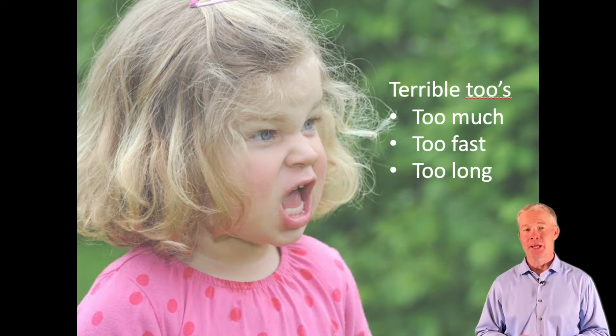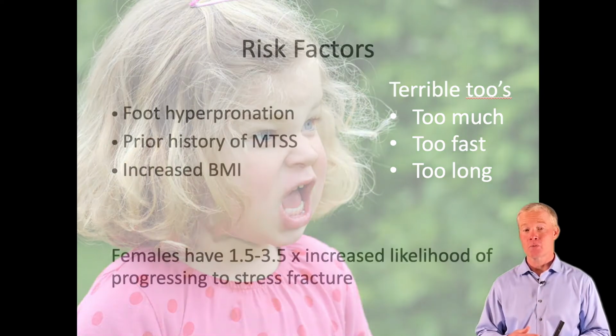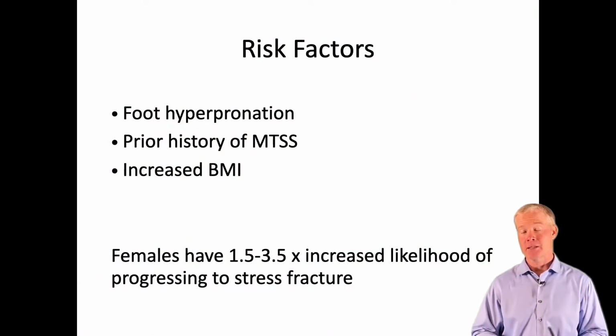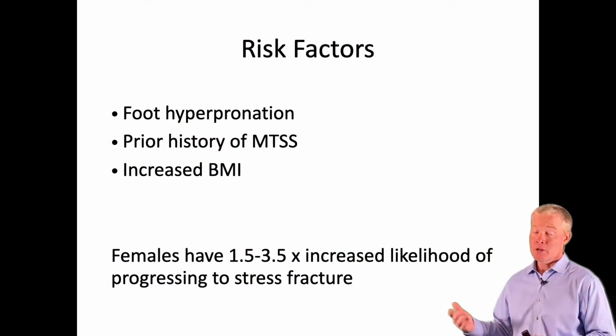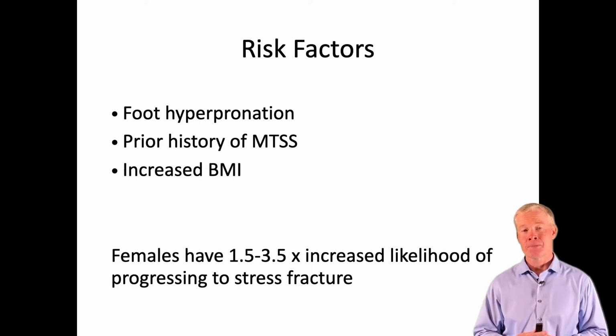There are factors that increase the risk of this. So increased risk is going to be if the patient hyperpronates, for the reasons that we've talked about and the reasons that we'll make even more clear toward the end of the presentation. If the patient has had a prior history of shin splints, we're going to see a greater likelihood that that's going to happen again in the future. And if they have too many pounds, it's no surprise that we're putting more stress on that tibia. Once again, as I've alluded to so many times throughout the presentation, unfortunately, females have a higher incidence of these lower chain problems, including medial tibial stress syndrome, where the risk increases 1.5 to 3.5 times of progressing toward a stress fracture.